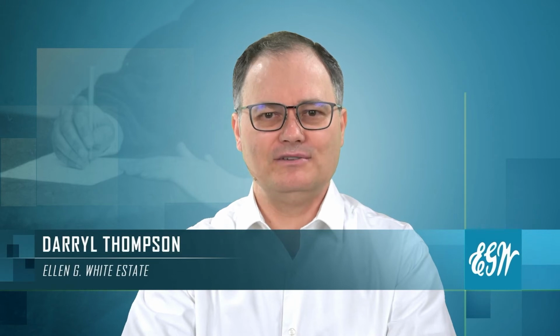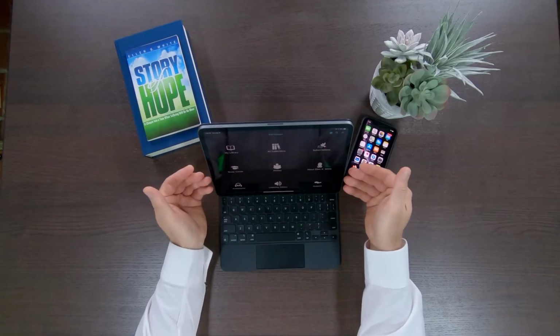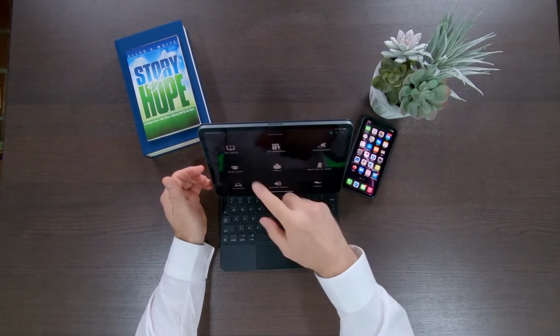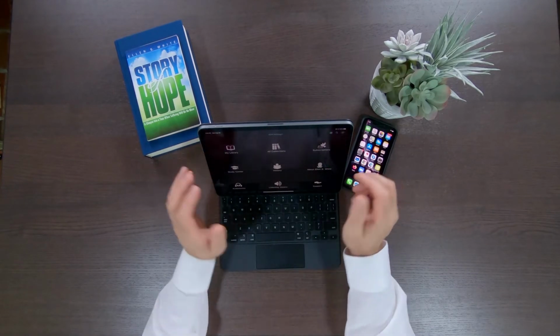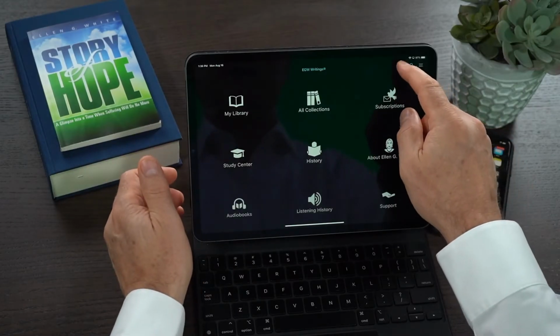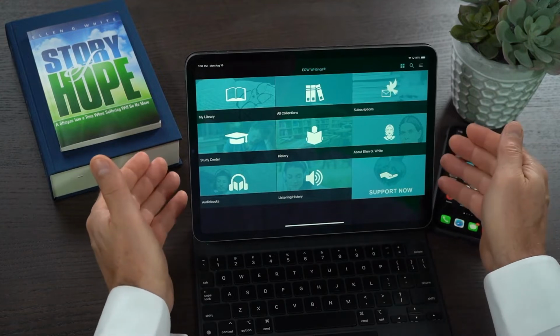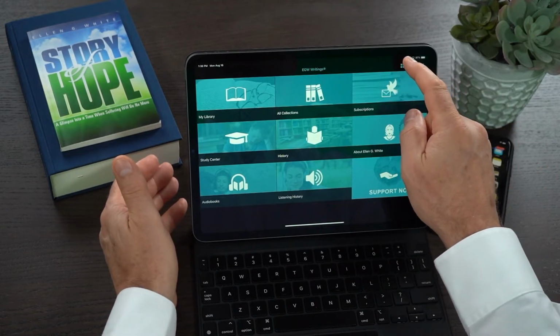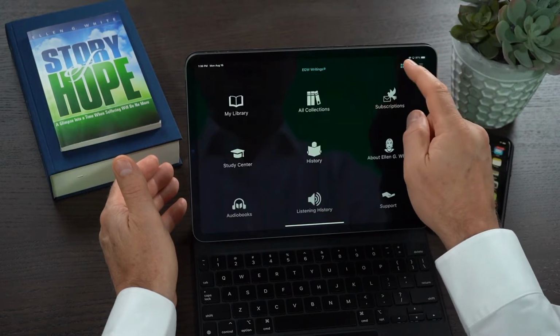We're learning how to use the EGW Writings 2 app on my iPad, and in particular today we're going to learn how to change the bookshelf layout within the app. If you look here on my desktop, you can see that I have a series of icons, but maybe I would prefer, instead of having icons, to have a thumbnail view. Some people prefer that view much better. So that's up to you, and you can just tap the little grid view to thumbnail view icon to change